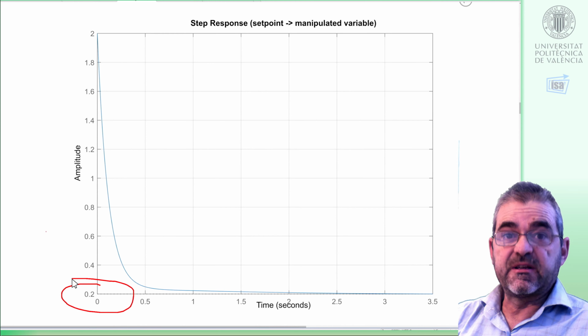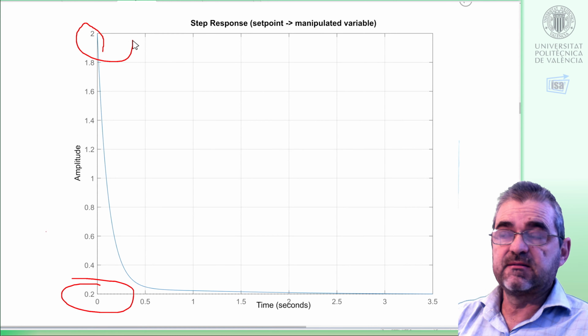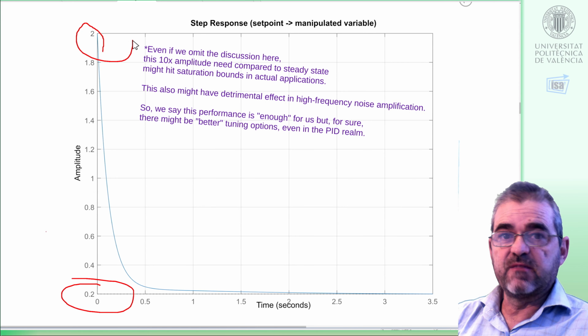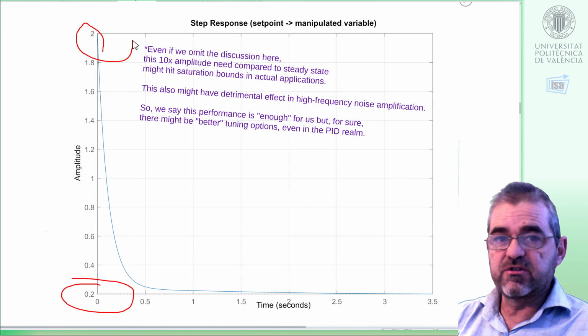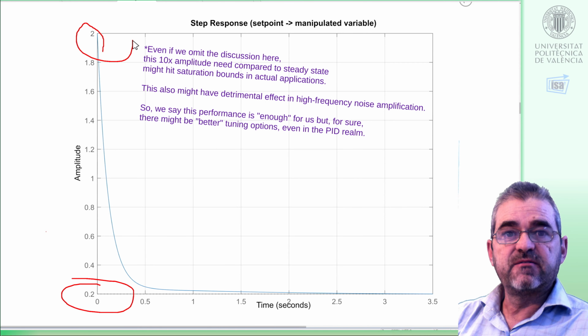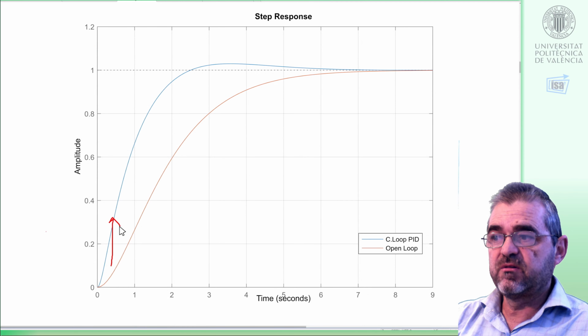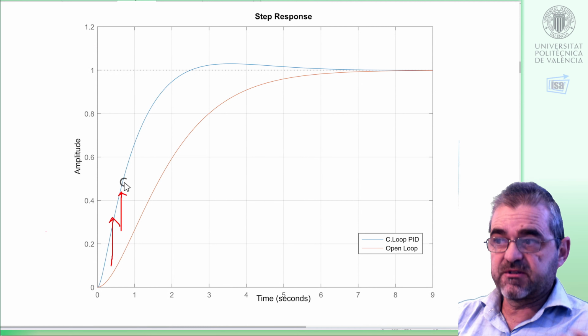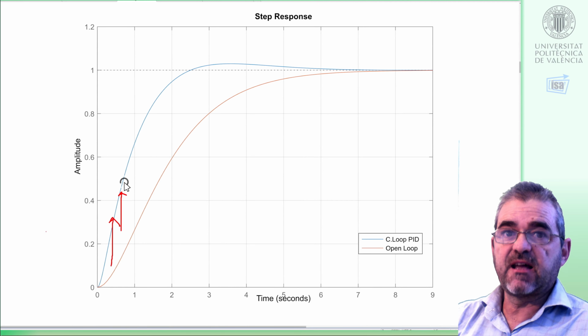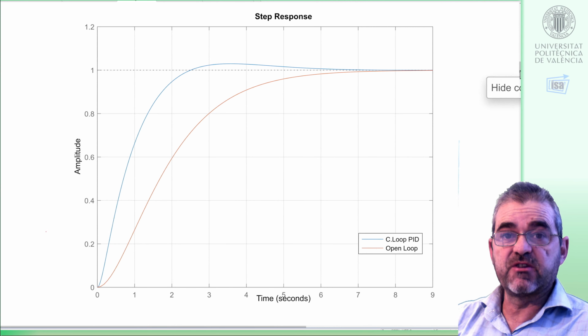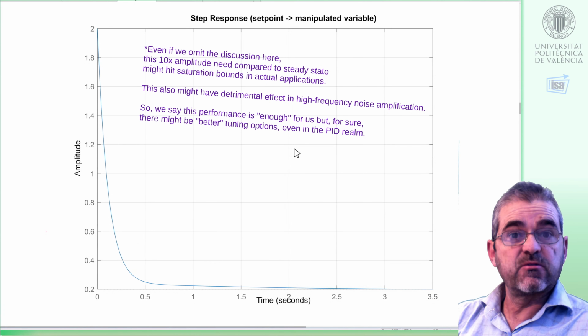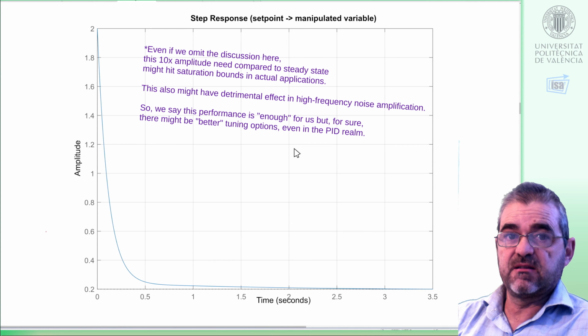Gain is 5, nominal, so it ends in the inverse of the gain. Initially, this PID proposes a 10 times manipulated variable overshoot, a boost of 10 times at the initial phases of the transient, so that we quickly push our control variable upwards. Well, maybe that 10 times boost is sort of excessive. That depends on my application and on my saturation limit, but okay, for the moment